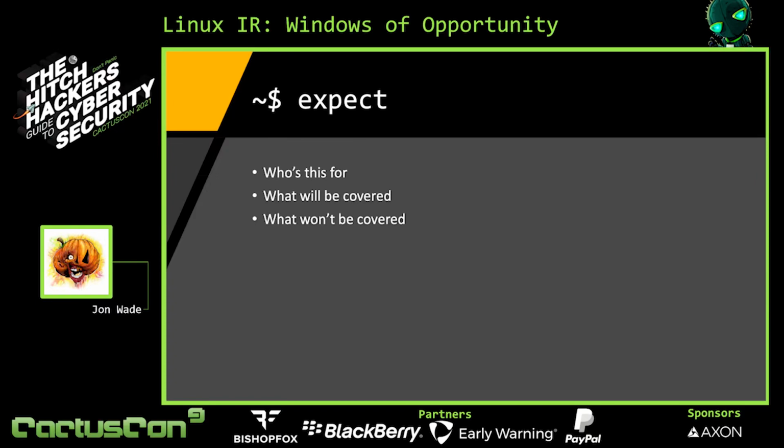What won't be covered: we're not going to discuss much about how great Sysmon is. We're not really going to go crazy in depth doing an analysis of this piece of malware. We're not really going to do an in-depth walkthrough of responding to this as a full incident response incident. This is just the initial investigation. We're not going to discuss prevention in Linux. And we're actually not going to discuss the full setup of the home lab as far as how to do each piece here and there. I'll include a GitHub link later at the end of the talk with a ton of resources, the slides, everything that hopefully can at least get you started in mirroring this setup.